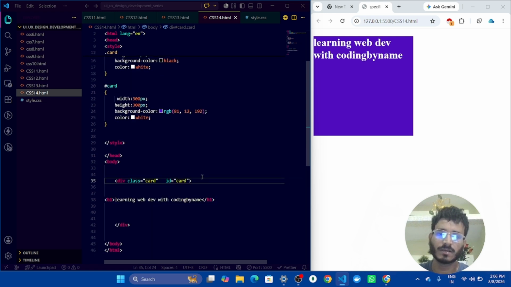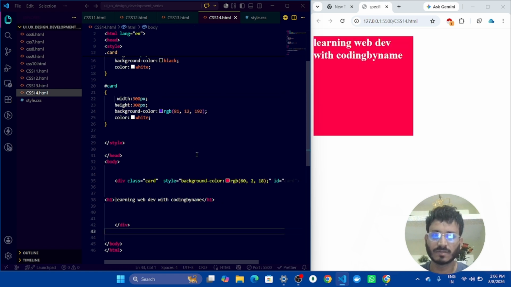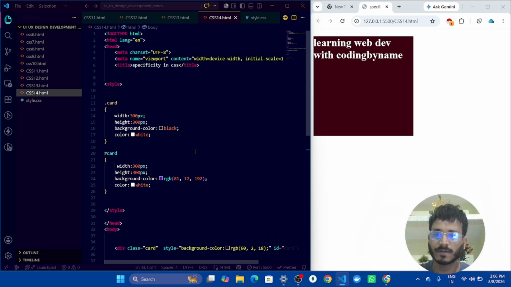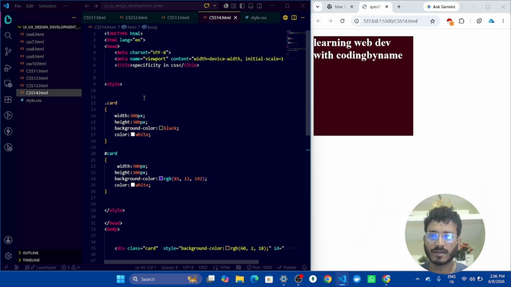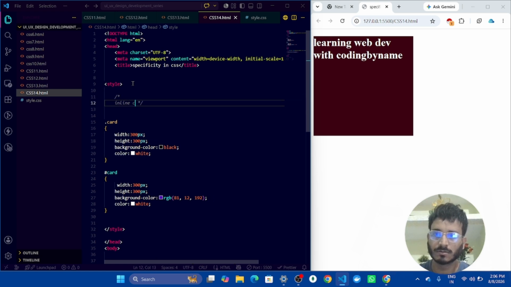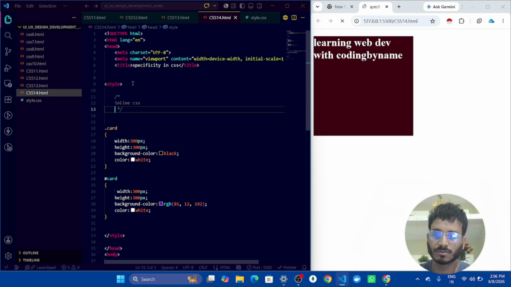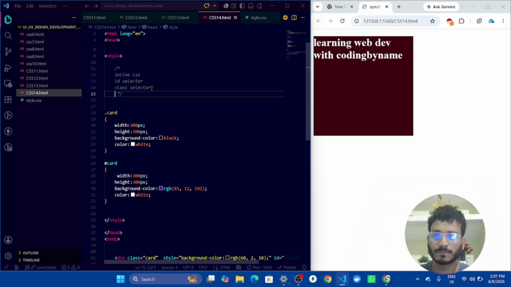Okay. And if you're thinking, if you use like inline CSS and then you want to change the color, sometime you will face the challenges for that, because this is a very important topic to understand, right? So what you have to do first, you have to take a card to understand it. That there is a first hierarchy, I write in that, so you can note down it, right? Inline CSS. Next, ID selector. Okay. Next, class selector. Right? And fourth,